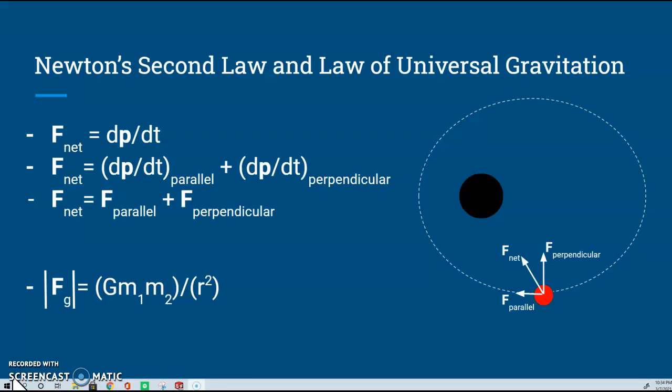First, I will explain Newton's second law in relation to this lab experiment. As shown in the momentum principle, F net equals the derivative of momentum with respect to time. On curving paths, Newton's second law states that F net is equal to the forces in the parallel direction plus the forces in the perpendicular direction. This concept is shown in the model to the right. Newton's universal law of gravitation helps us to calculate the force of gravity between two objects. The force of gravity will be the net force in this experiment, as it is the only force acting on the